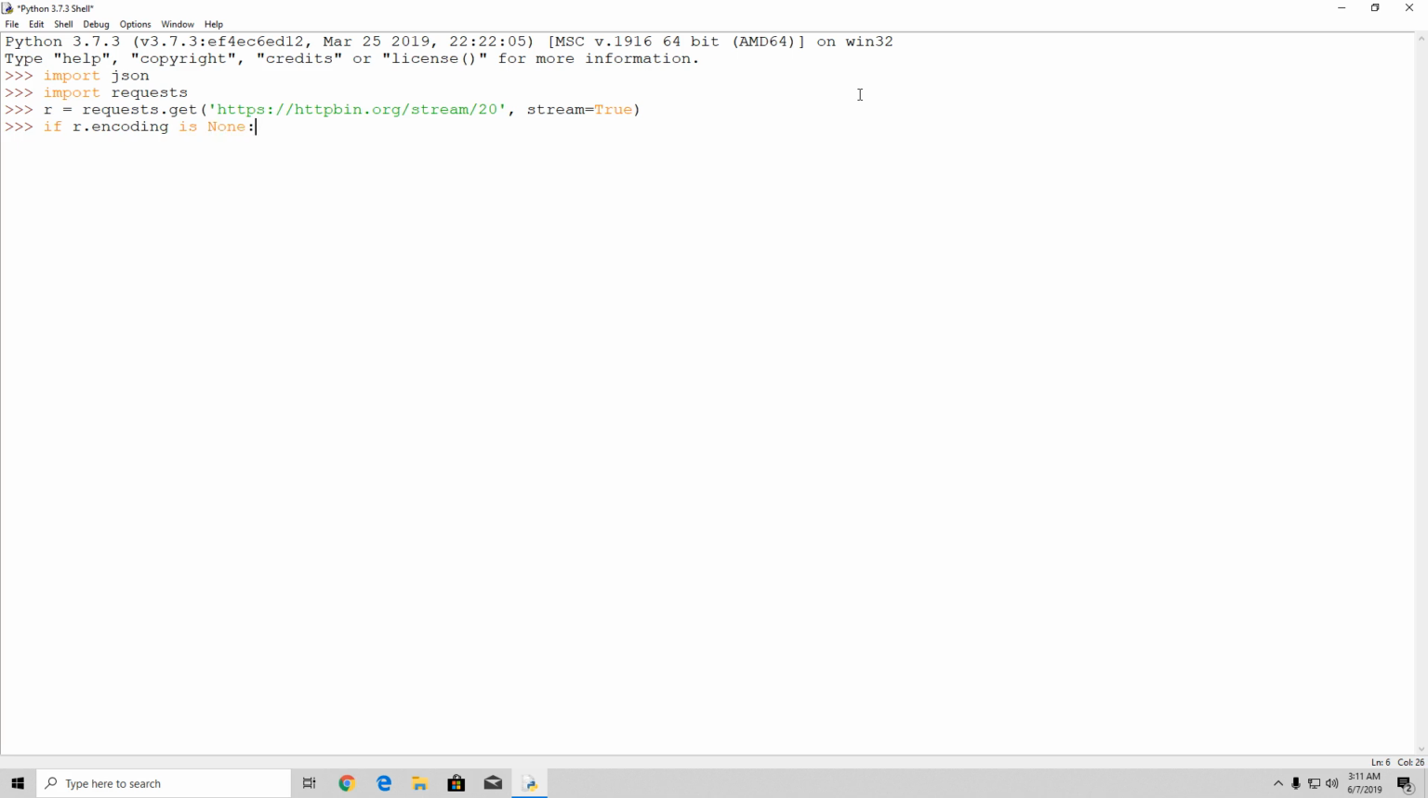If the encoding is none, what we want to do is set the encoding to be equal to UTF-8. In order to do that, we can simply type here: if our encoding is None, then r.encoding is equal to UTF-8. Once you specify that, press enter, press enter once again, and right now we can continue with the similar thing that we did in the previous example, which is